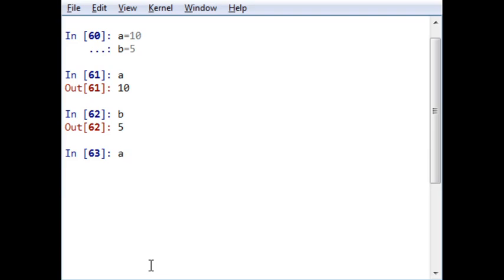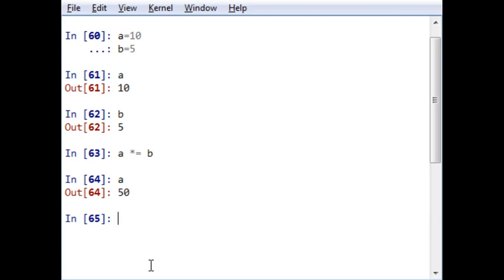I want to see whether the output is correct or not. I must say a star equal to b. So a is equal to a into b, so a will be 5 times 10, which is 50. So b will not be changed.